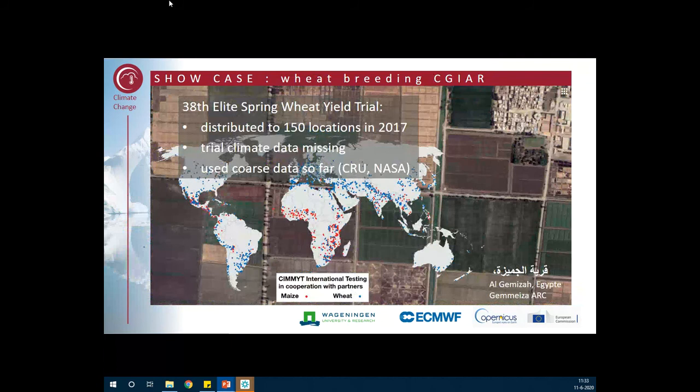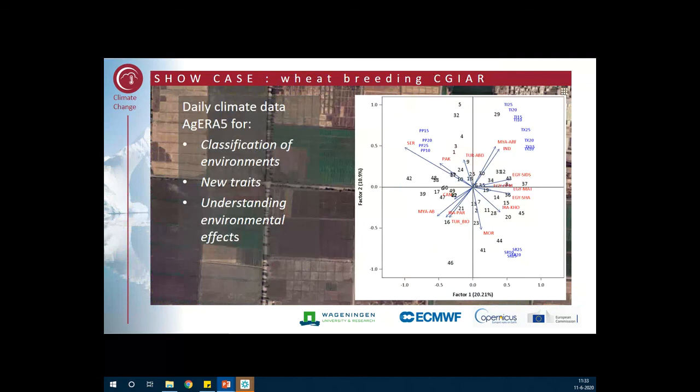So they work with so-called wheat yield trials, experimental wheat growing plots around the world, in many places around the world. And in the background of these few slides, you saw some examples of that. But in many of these areas, if there is any met station at all, these generally are very incomplete in terms of data coverage. So they're very much looking for complete, continuous, and as local as possible weather data to analyze the yield trials later on against.